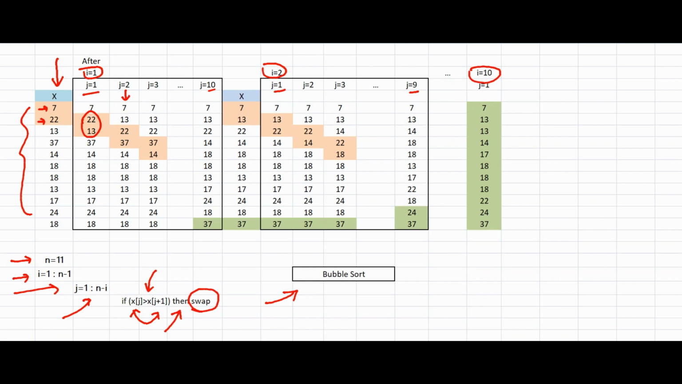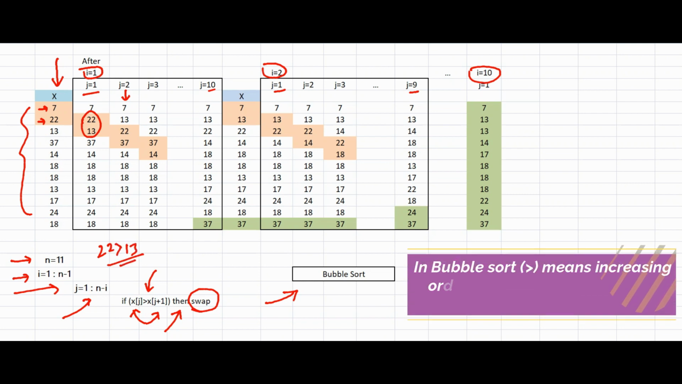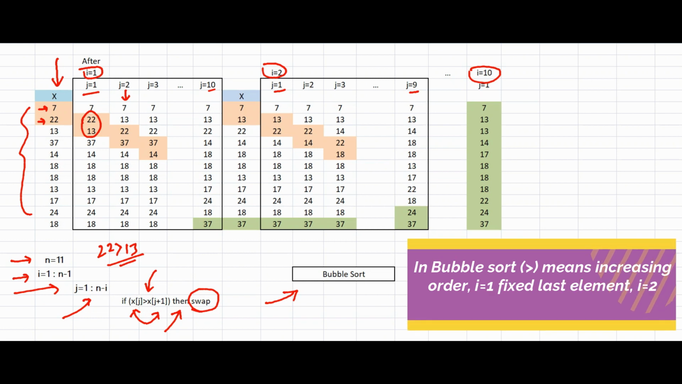That means 22 greater than 13. This is true. That means swap these two. So as 22 greater than 13, we will swap. So like this, j equal to 2. Again for j equal to 3, we will check these two. So there will be no swapping. Again for these two, there will be swapping, and like this we will ultimately get after j equal to 10